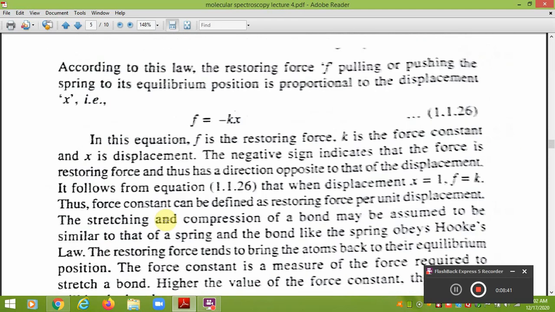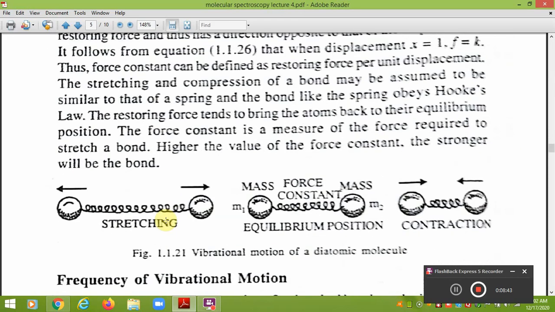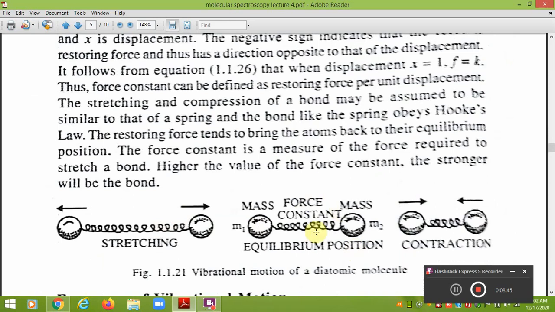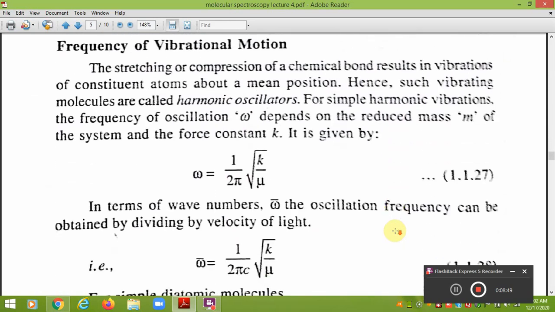And in case of a diatomic molecule, this is the stretching, this is the equilibrium position, and this is the contraction. Both are called stretching vibration. The frequency of vibration motion is given by omega equal to 1 upon 2 pi into the square root of k upon mu. The stretching or compression of a chemical bond results in a vibration of constituent atoms about a mean position. Hence, such vibrating molecules are called harmonic oscillators, and their frequency of oscillation is given by this equation,